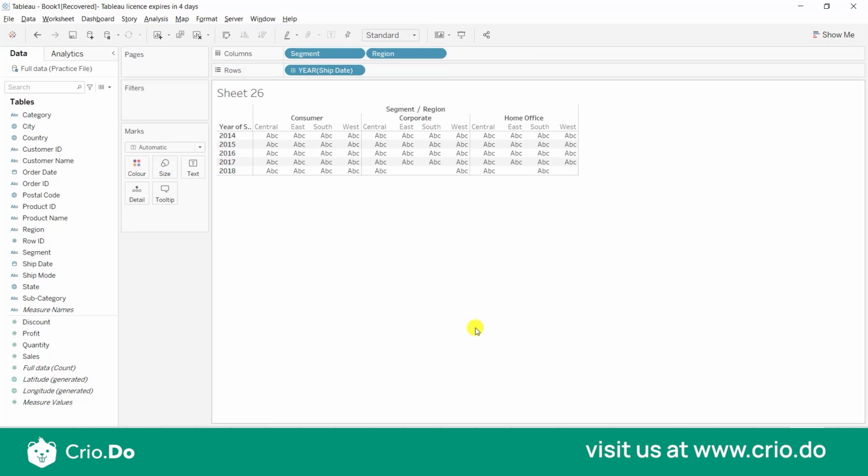Okay, we've got 56 marks left because we have 5 years of data in our sheet, and this completely changed into 56 marks. And because we have three segments, four regions, and also 5 years, it will be calculated like that, and all the combinations will result in this number of marks. Okay, we would continue adding two dimensions to rows and columns and observe the number of total marks continues to